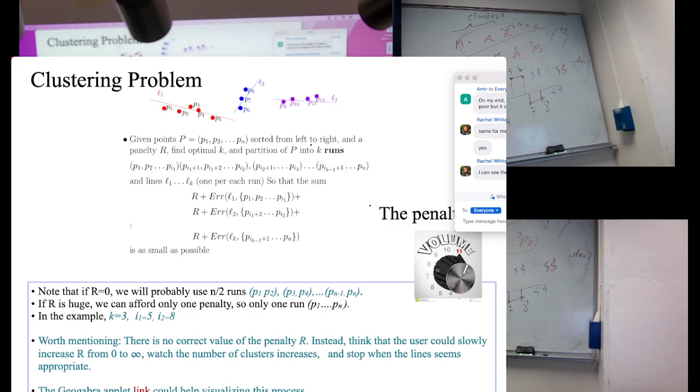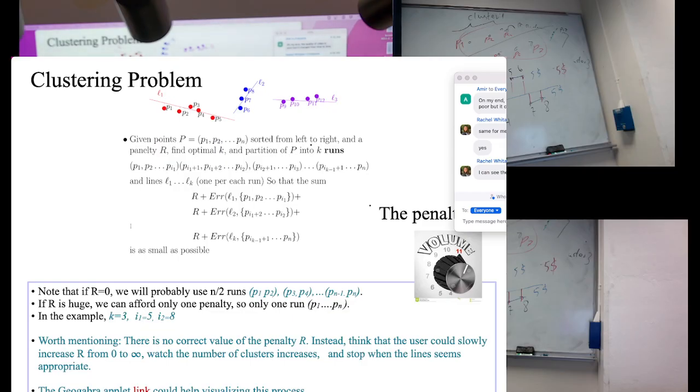The input are all the points and some penalties that the user decides about. What is R? $5 per cluster. What I want to find is K. K is the number of clusters. And mostly what I want to find is a partition of the points into